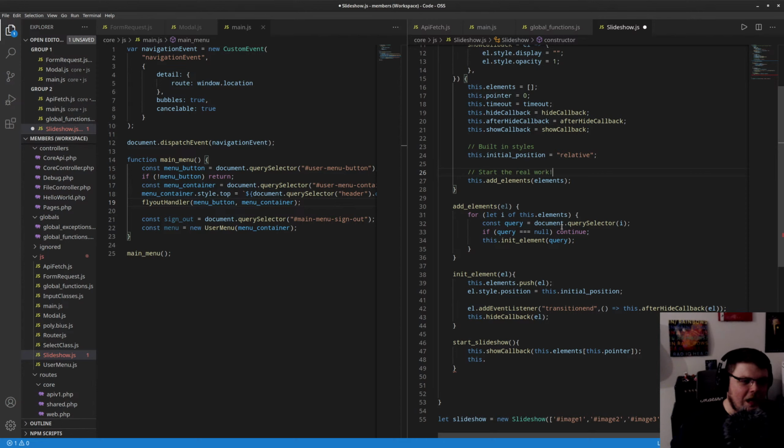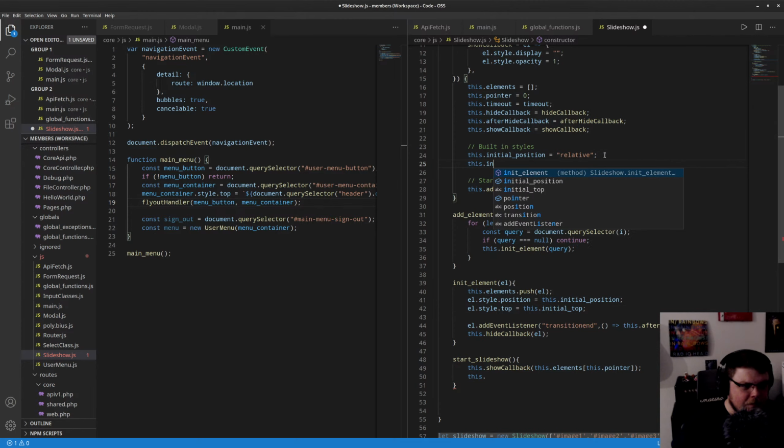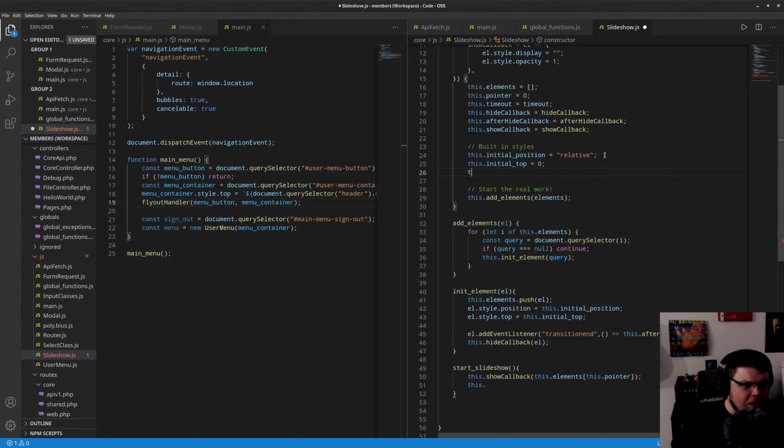Start the real work. All right, this initial position, L style, top, this initial top, let's define that up here. Let's do 0, this initial, this might need to end up being a position callback, because